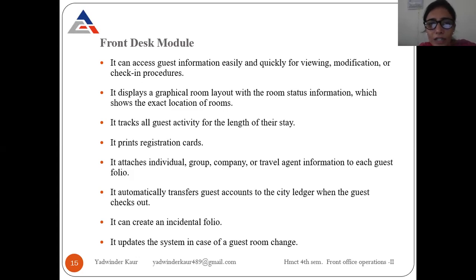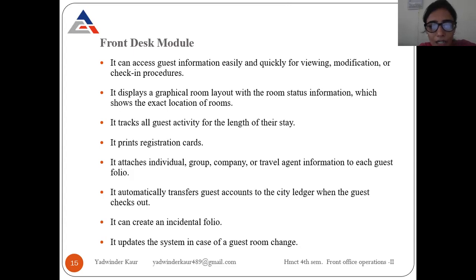In the front desk module we can track all guest activities for the length of their stay. It prints registration cards, so we can print the registration card from the front desk module only. It attaches individual, group, company, or travel agent information to each guest folio, using the front desk module.